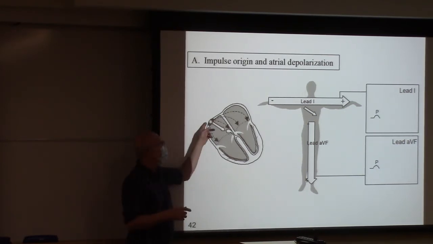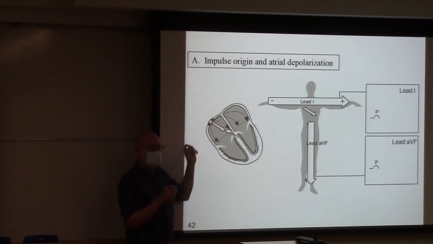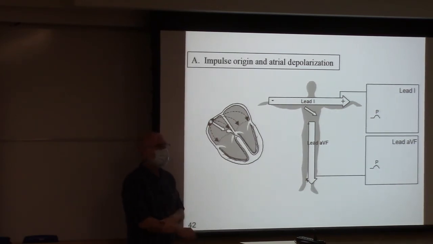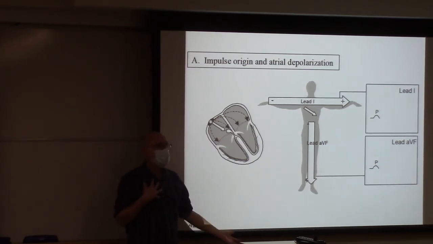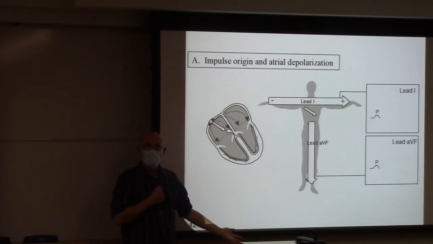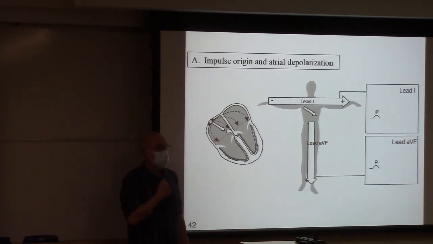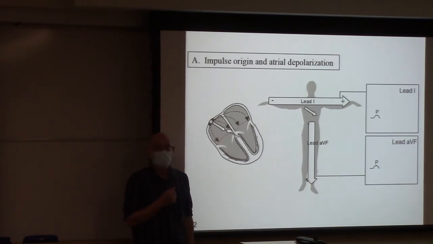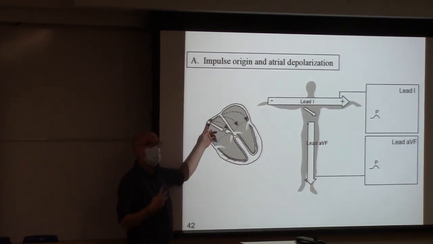Why? Because it's so small. Things that are small can't define something that we can detect. Remember, these leads are on the surface of the skin, and the heart is deep in the chest. We're detecting signals on the skin based on things that are happening deep in the chest. We're only able to detect big things. Little things disappear into the noise. So the SA node depolarization is too small to detect,